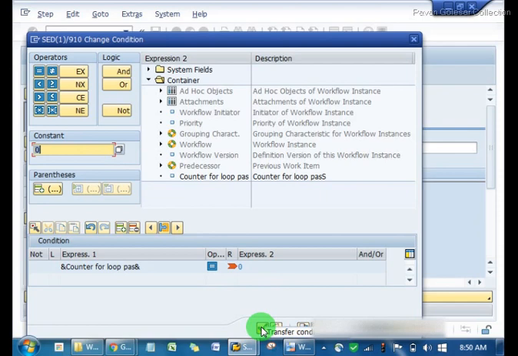Okay, so anyone of you can tell me what is this condition I have set up? My variable, which is of character 1, which is having initial value 3, should be equal to 0. Why equal to 0? Nikhil, please guide us.